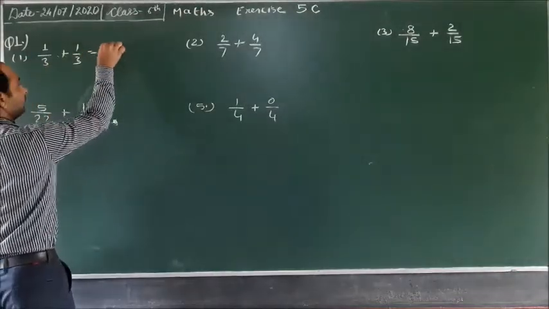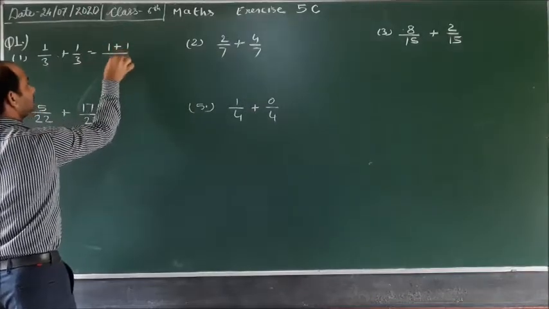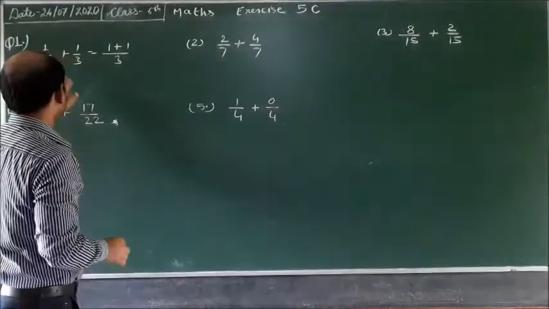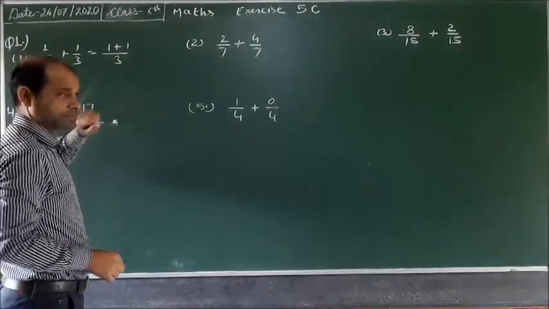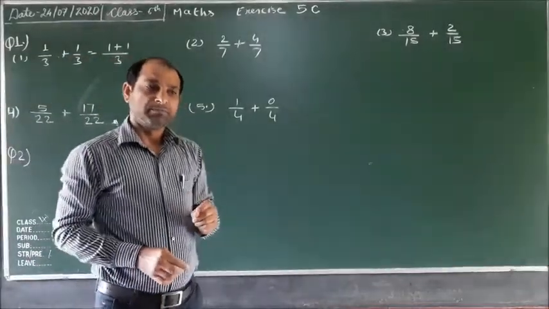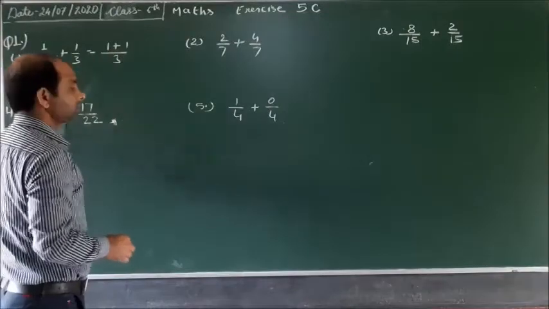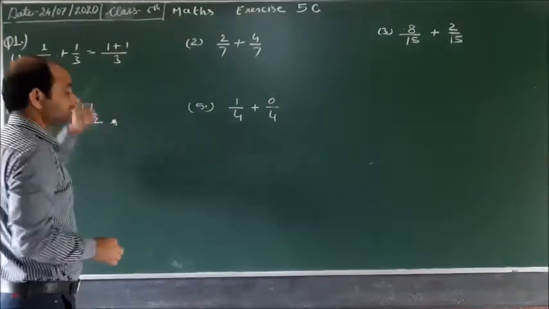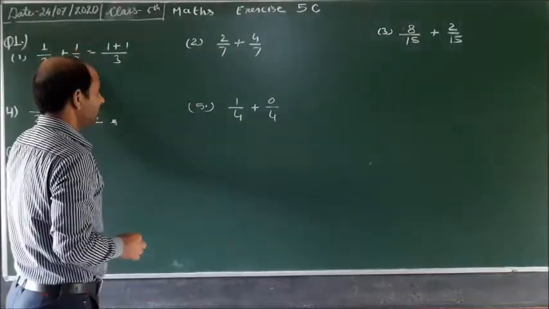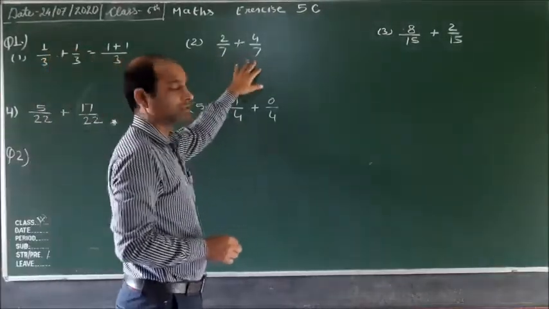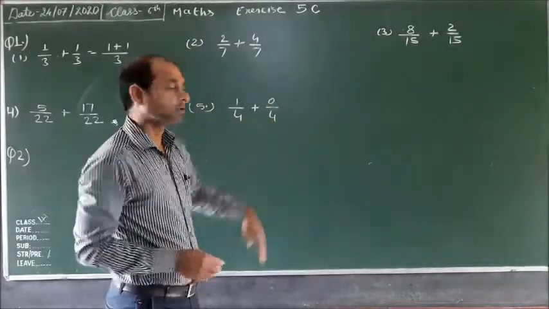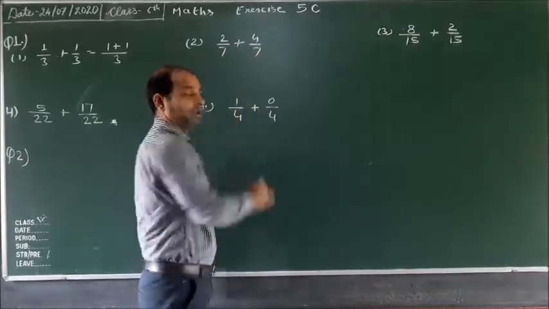Denominators are same, then 1 plus 1 over 3. Why do we write 1 plus 1 over 3? Because here all these denominators are same. Two denominators, and both are same. When we take the LCM of these denominators, the LCM is 3 because denominators are same. The LCM of both denominators equals 7, and the LCM of both denominators equals 4, because all these denominators are equal.